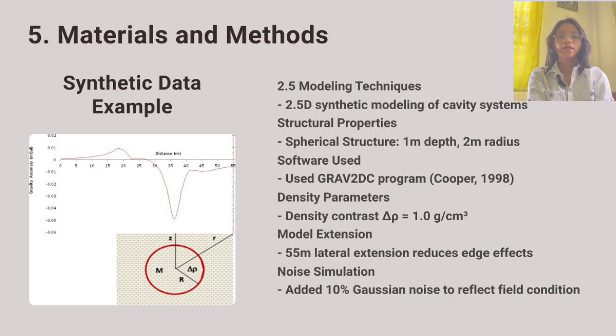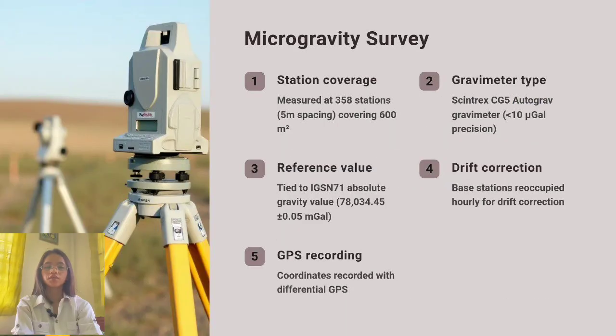This schematic outlines the parameters and configuration used in the synthetic modeling phase. It details the shape, size, and placement of the simulated anomaly within a simplified geological context. The figure also indicates the computational domain and boundary conditions, providing insight into how the model simulates realistic survey scenarios for testing inversion algorithms.